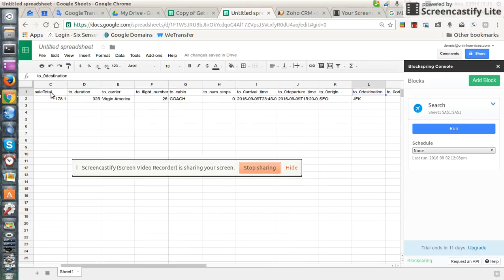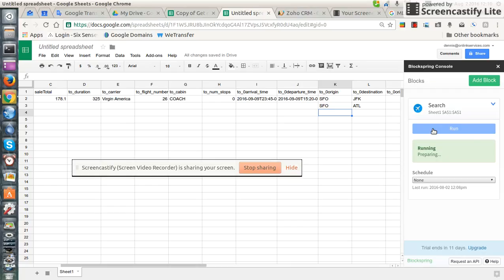What's interesting, okay, so SFO to JFK. ETL, that's not going to work, is it? Run. If I add information here, it's not going to work. I'm sure of that. Okay, so